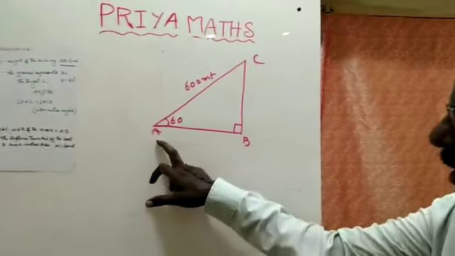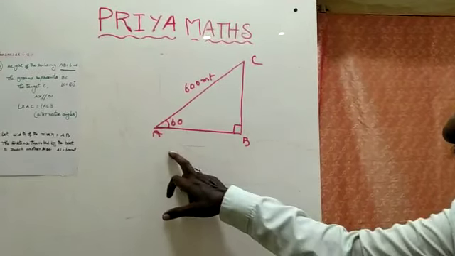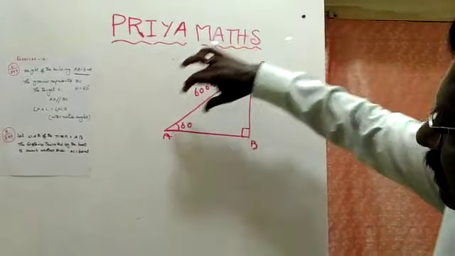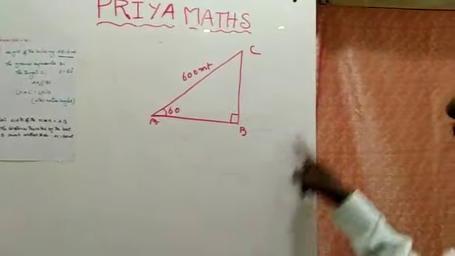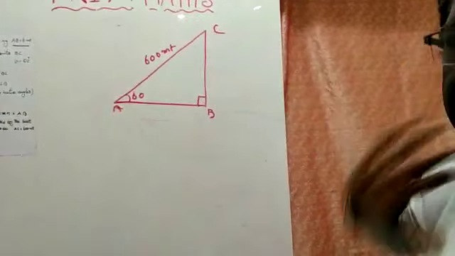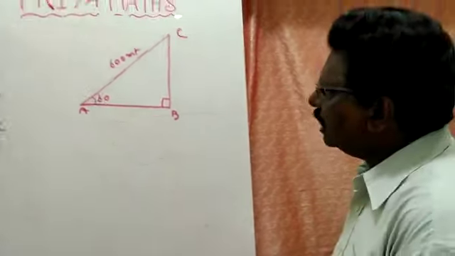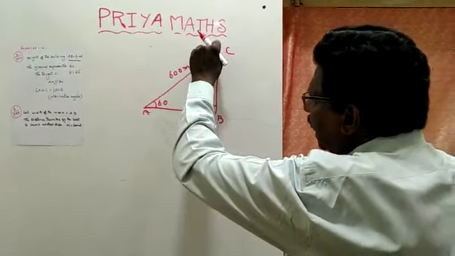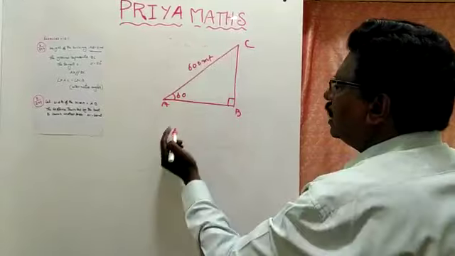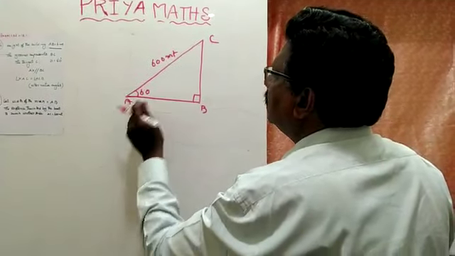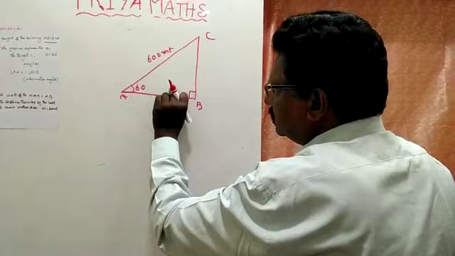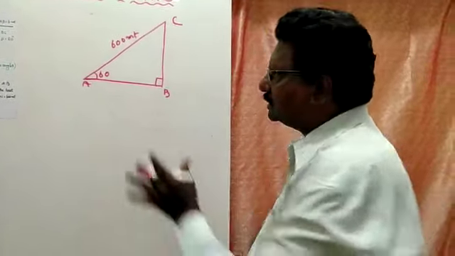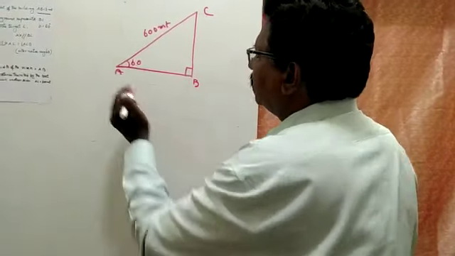So you have to find the width of the river. Width of the river is equal to AB, and the side it travels becomes the hypotenuse. When you draw the diagram, it becomes a right angle triangle. Then you have to take the width of the river AB, and the hypotenuse, the travel distance, 600 meters. Then you have to take the sine function, sine or cos. If you take the cos, you have to do another step, but sine you take directly and get it.